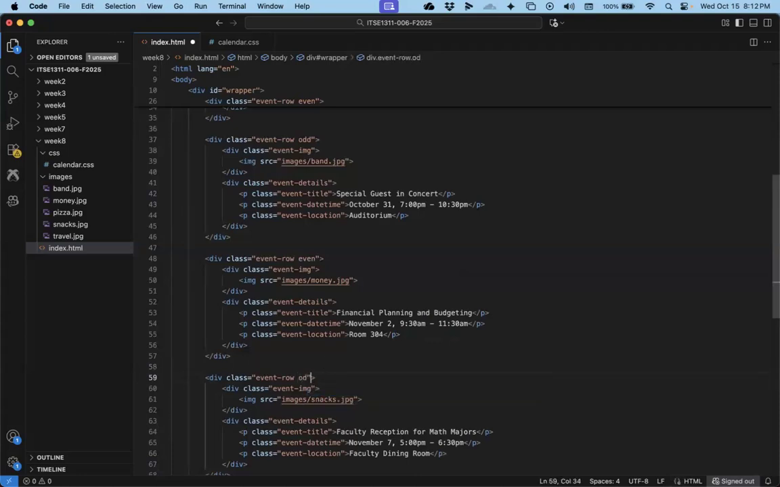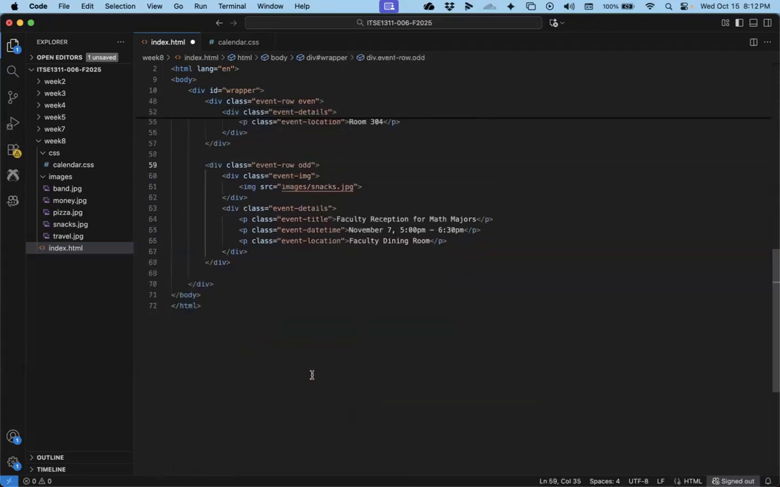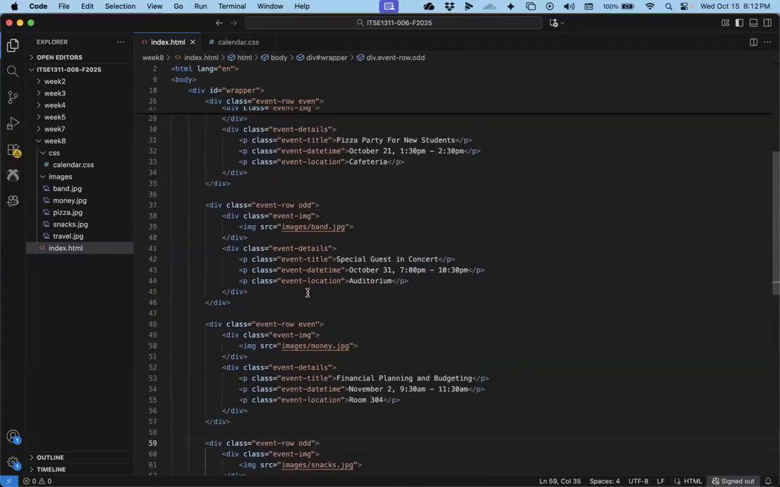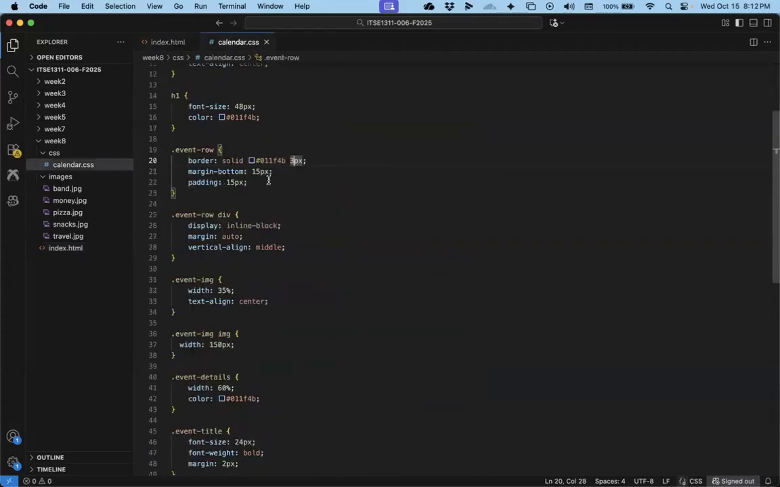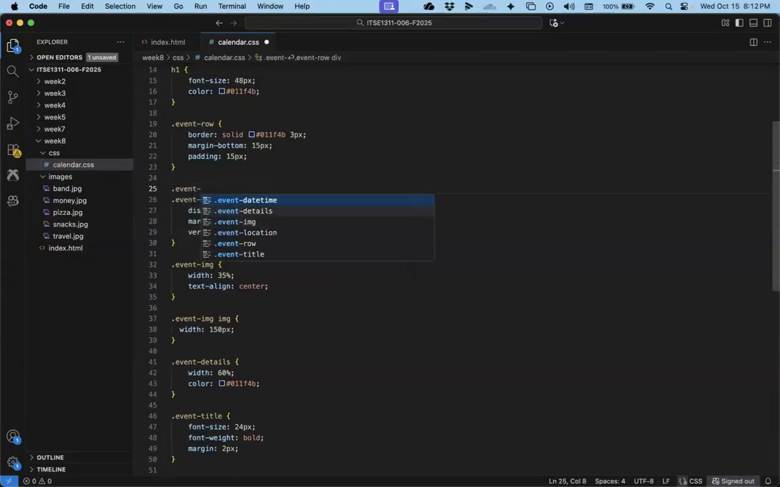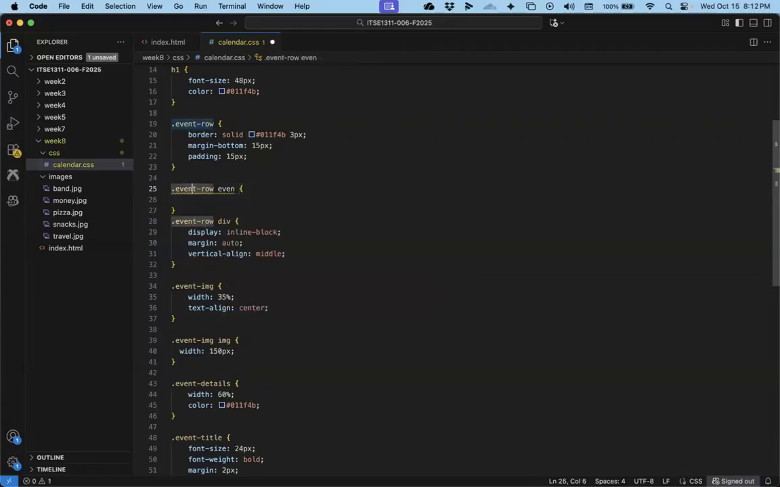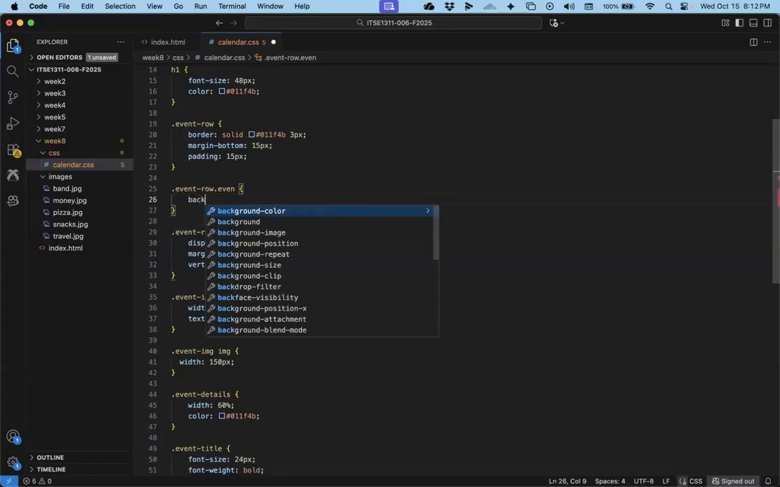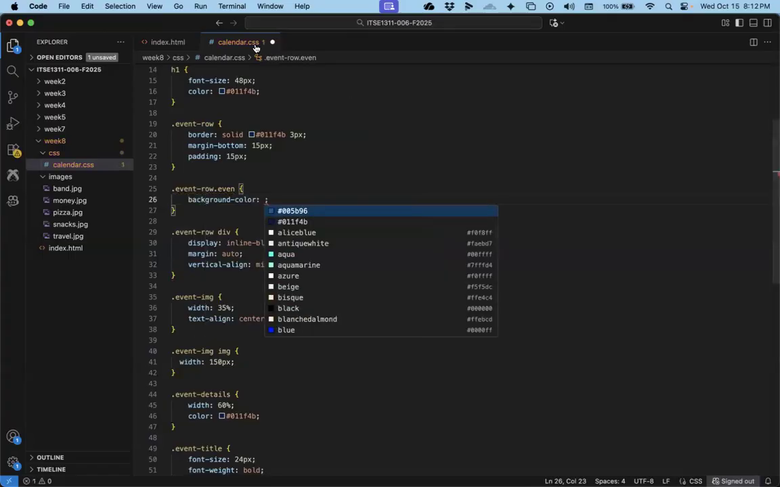So now I have those labeled. So now what I want to do is I want to change the background color of the evens and the odds. So now we can come in here and I can say for every event row that is even, and I want them both. So here I want to do event row and even. So I want both classes. So if an element has both classes, event row and even, then change the background color to be,